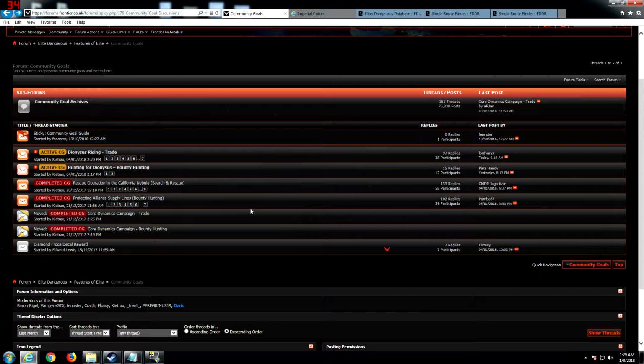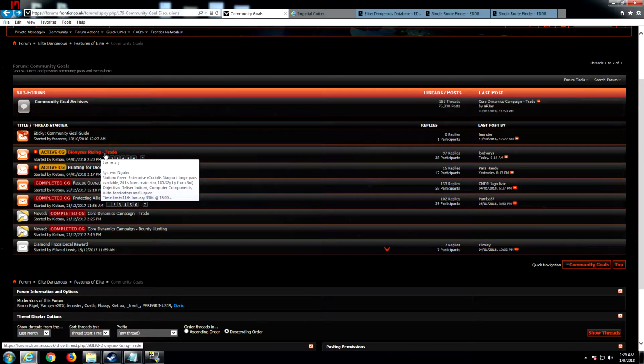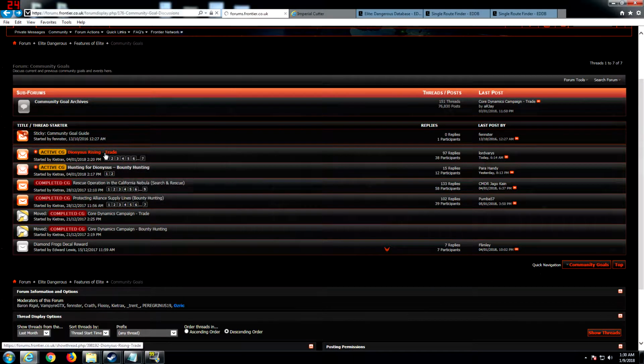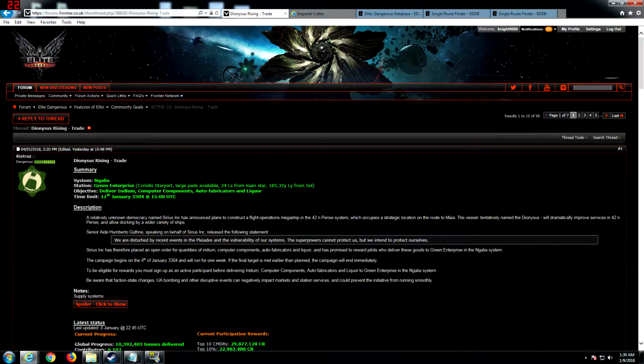So basically, starting off, you want to go to this forum post here, and I'll have a link in the description below. Basically, this will tell you what the community goals that are currently active are. So you can see we have bounty hunting and trading. Since we're doing trading, we'll go ahead and look at trading. And basically,